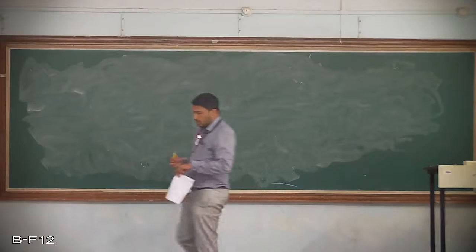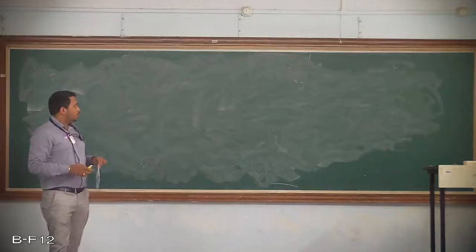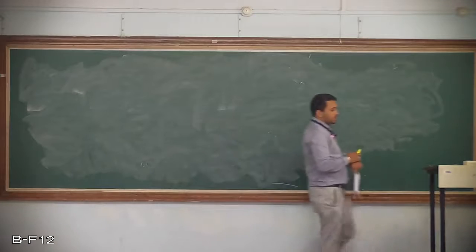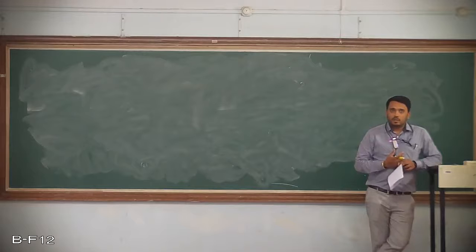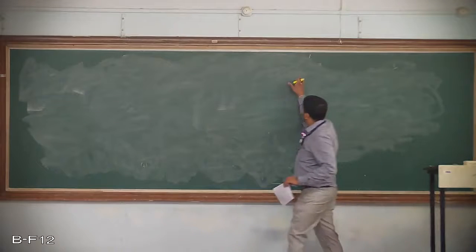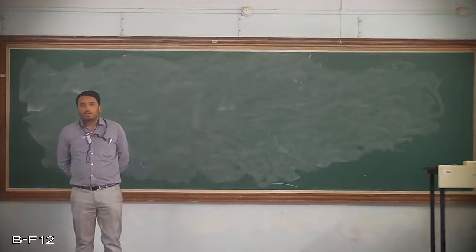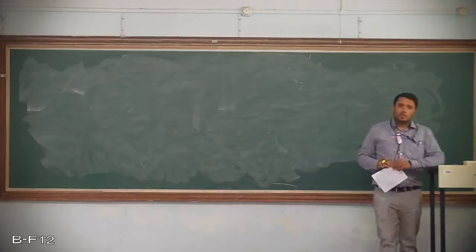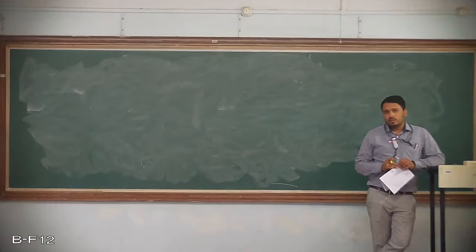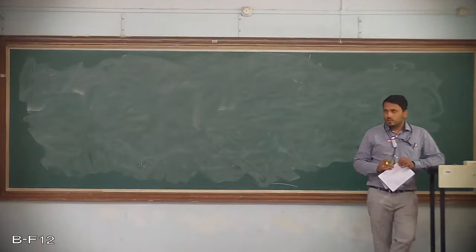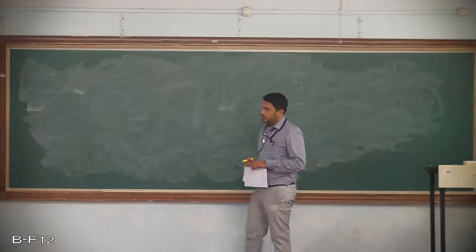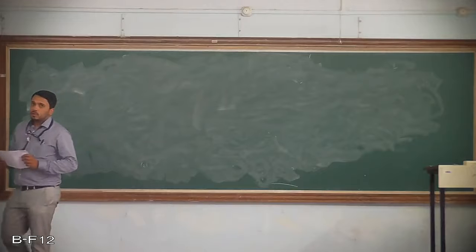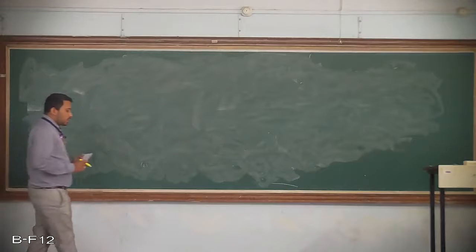Good afternoon. So we'll continue with the reliability. In the last class, we had discussed the definition of reliability. That means we can define the reliability of a product as the probability of a device that it will perform its intended function without failure for a certain period of time under certain environmental conditions. So I discussed the terms that are important with respect to the definition of reliability, and also we had discussed the bathtub curve for any product, or we can say the mortality curve for any product.